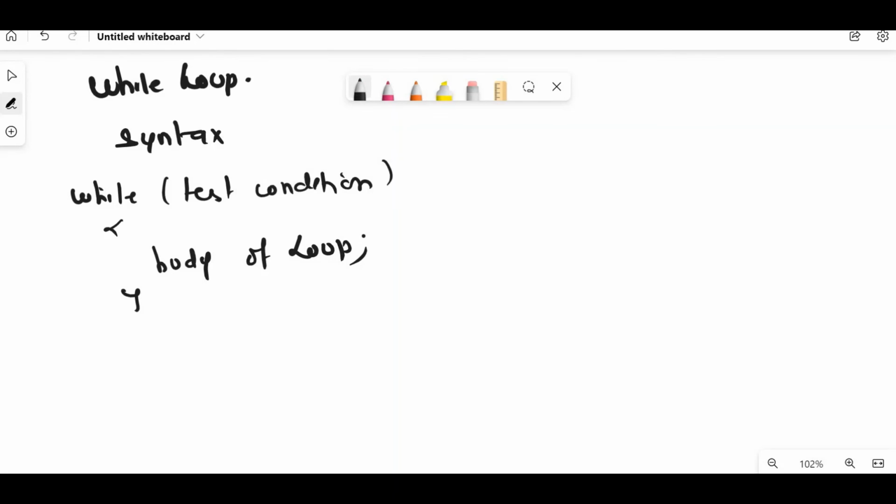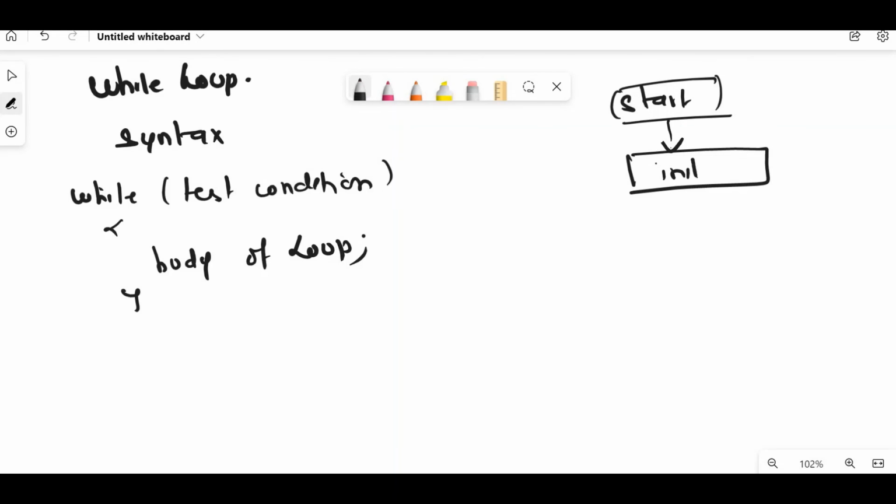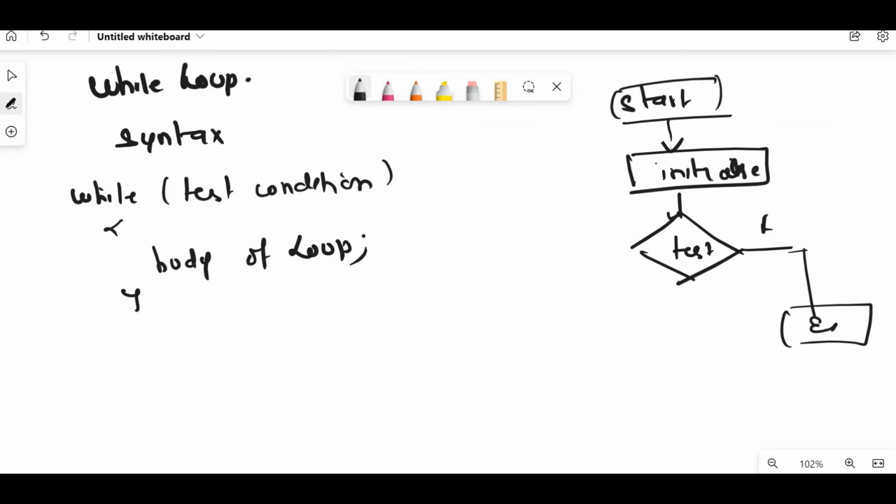Okay, so what will be the flowchart? We'll start. If you have any other declaration, you can write here. Else we'll go and we'll initialize. Okay, initialize. We'll test the condition. If it is false, it is going to exit. If it is true, it is going to execute the body of loop,